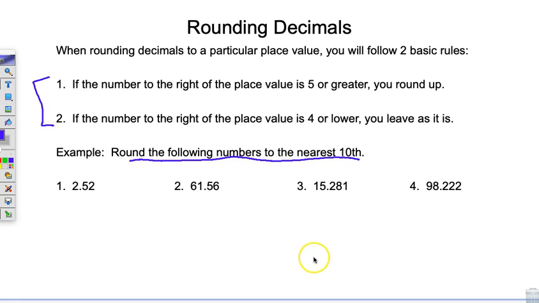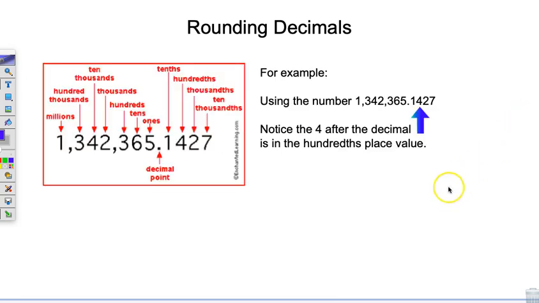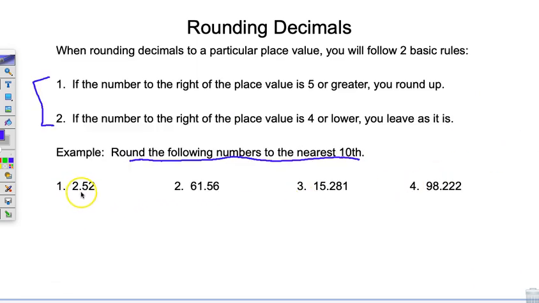So in this one, we are rounding the following numbers to the tenths place value. Now the tenths place value, if I go back to this screen, notice it's the first place value following the decimal. So let's go back then and take a look at 2.52. So the number 5 right here is in the tenths place value. So we want this number to stop at the tenths place value. Well, because we have a number in the hundredths place value, we need to look at it to know what to do. So we're always going to look to the right of the place value of the number we want